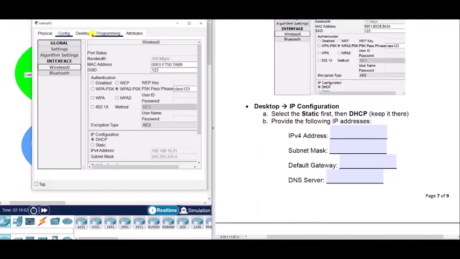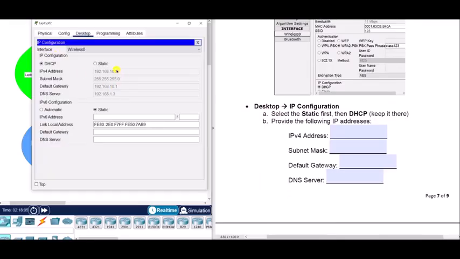Then we're going to go to desktop and IP configuration. Make sure we select DHCP this time. Click on static, go back to DHCP again, and you should go to the router and grab 21. You see over here 10.21. It's going to grab that. All you need to do is record these over here: IP address, subnet mask is all 255 and 0, and default gateway will be 10.1, and then you need to put the full IP addresses, and also DNS will be